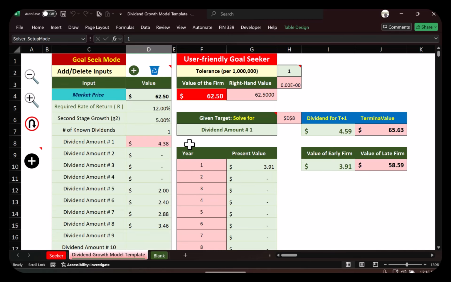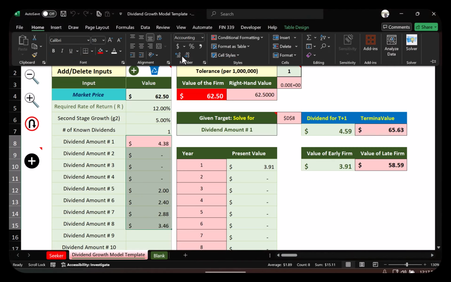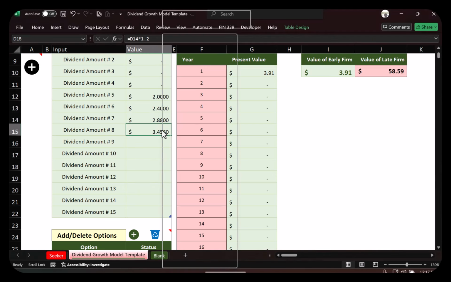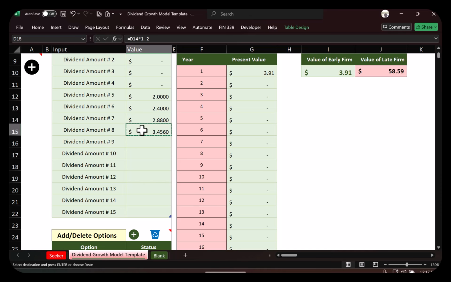Double click, solved it for you. It's different from the answer I got because this is only 2 digits. In fact, I'm going to make this whole thing 3 digits. Let's make it 4 digits. I don't have to, but